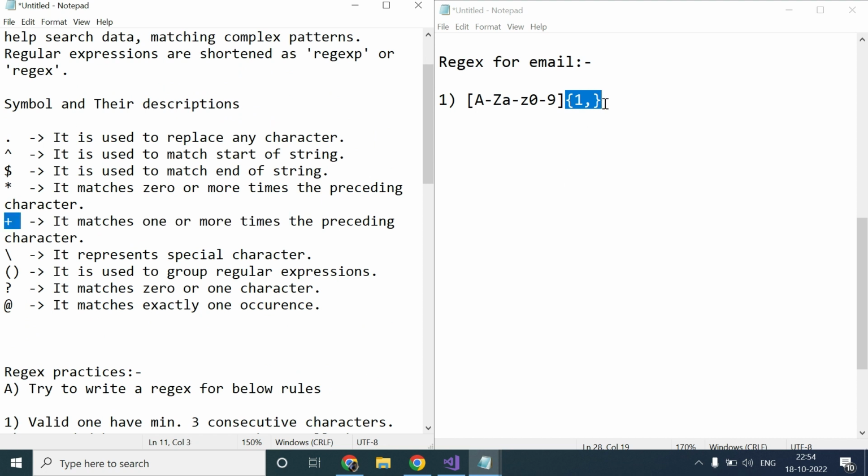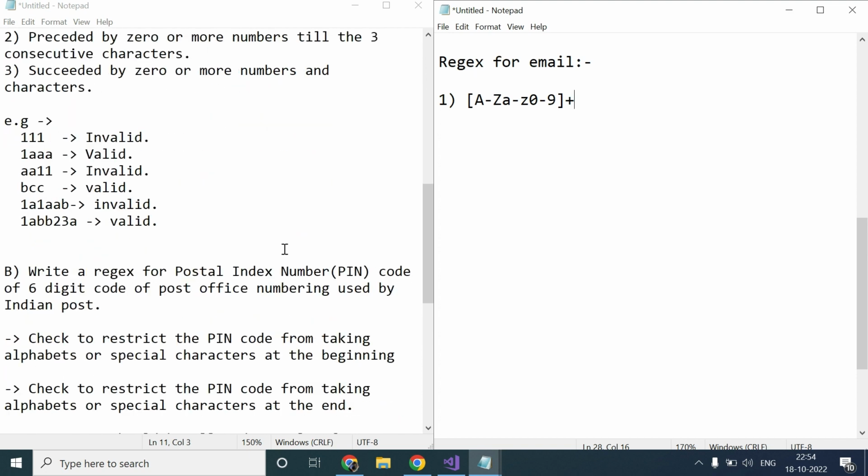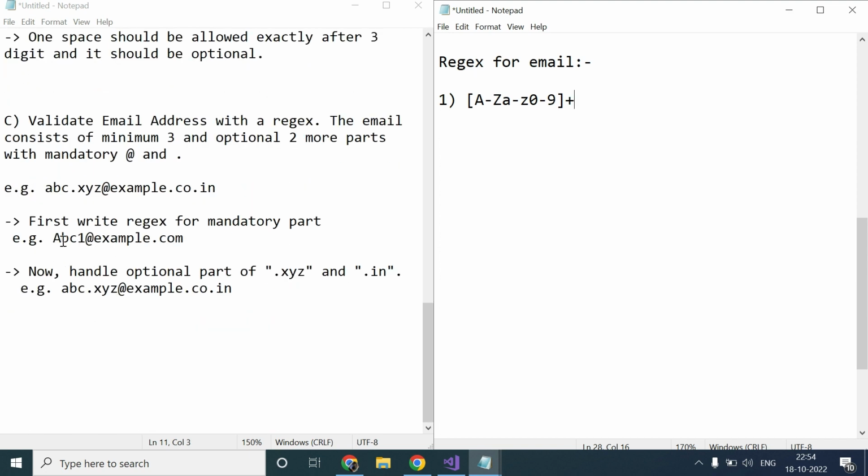Okay, so you can replace this, not here, you can replace here with plus. Okay, and we are done with this abc. After that it says we can have at. Here chances are more that you will get confused, because we have a different meaning of at in regex